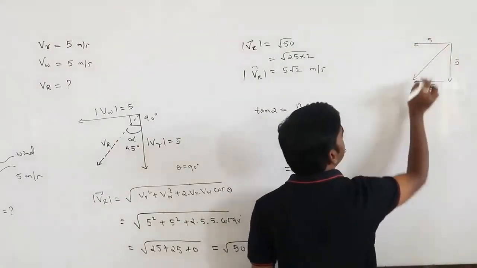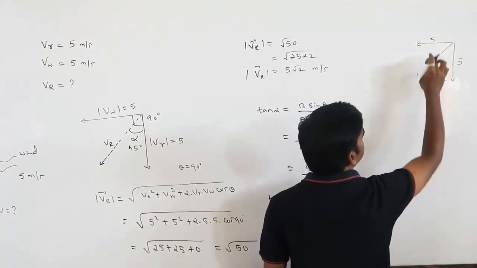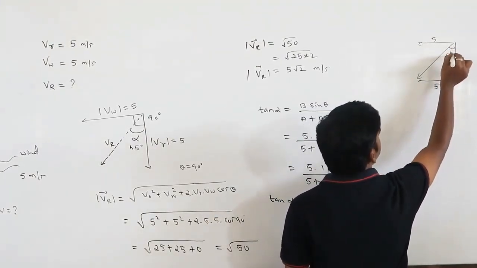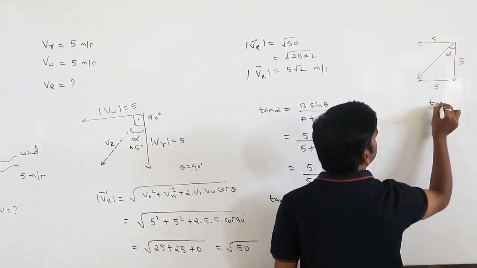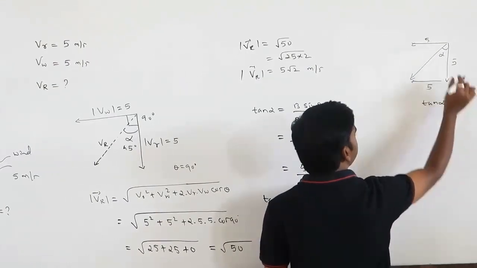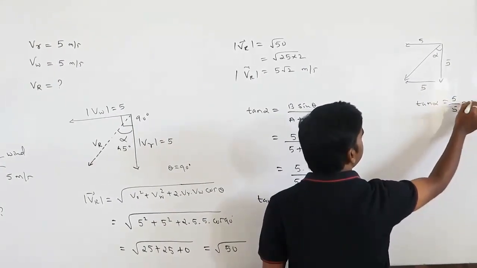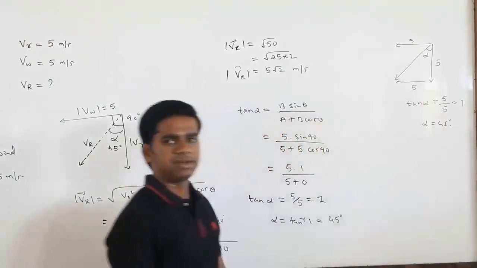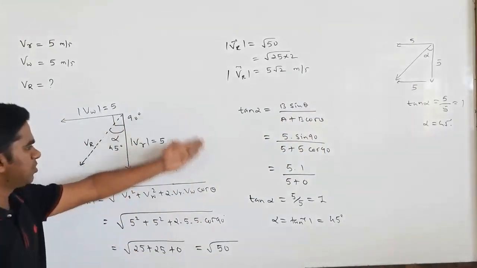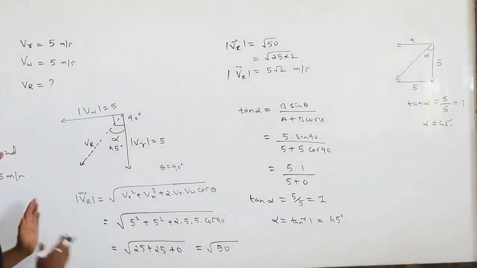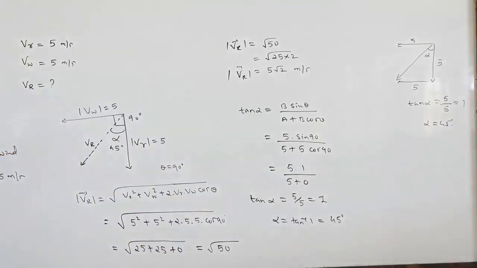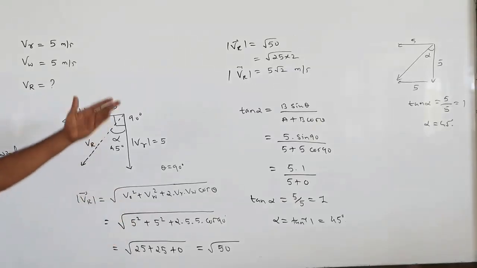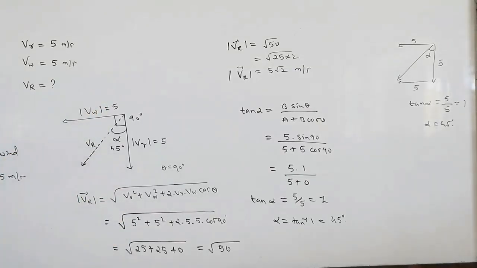They are equal and parallel. Okay. So this is alpha. So tan alpha is equals to 1. Opposite divided by adjacent. 5 divided by 5, 1 you will get, so alpha will be what? 45. So that also you can do. But for the actual procedure I am using whatever formula they have given. So you can follow this, or you can directly go with that also. Okay. So this is